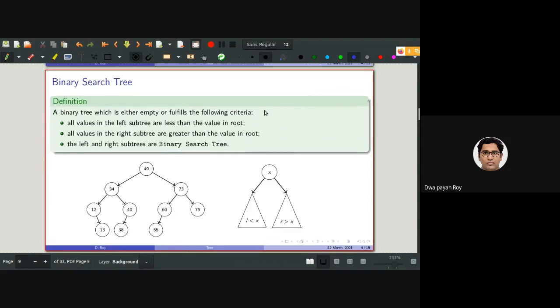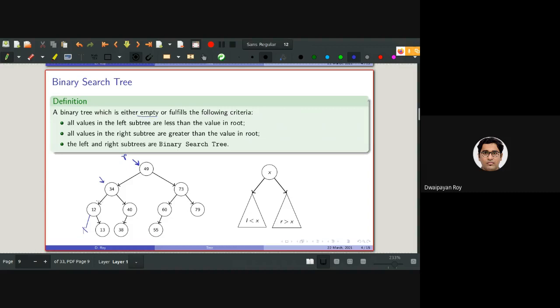All right. So this is one example of a binary search tree containing integer values. As you can see, this is the root. It is containing 49. The left subtree is this, 34. This is another root. Its left subtree contains 12 and 13. So 12 is the root, and in its left subtree there is null. All values in the left subtree are less, or the subtree is empty.